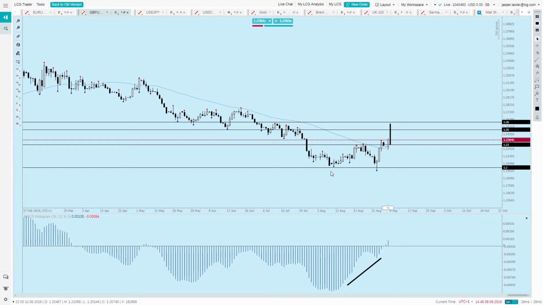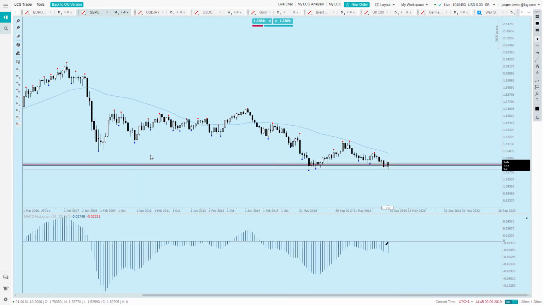It seems like we could put in a double bottom here at 120. 120, if we remember, is quite a big level. It's basically, minus the flash crash, pretty much the lows we've been dealing with for a while. And if you look at this action here,